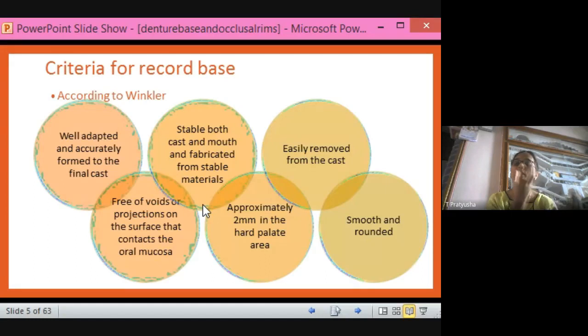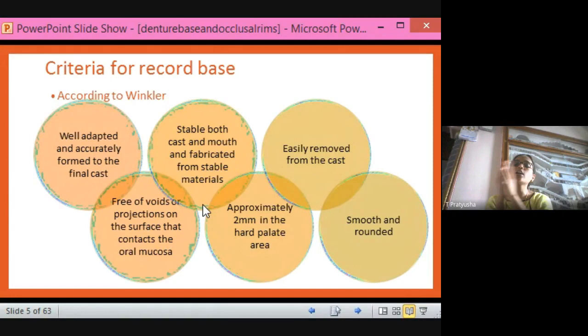If that material shrinks after 2 or 3 days, and we use it in the patient's oral cavity, it will not fit. It will become loose. If it expands, it will also not fit into the oral cavity. That means whatever material we are using to fabricate, it should be stable on both the cast and in the oral cavity.